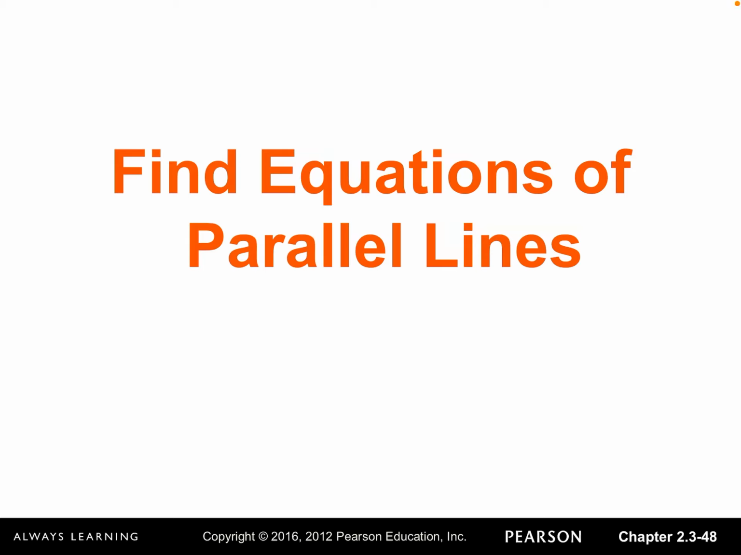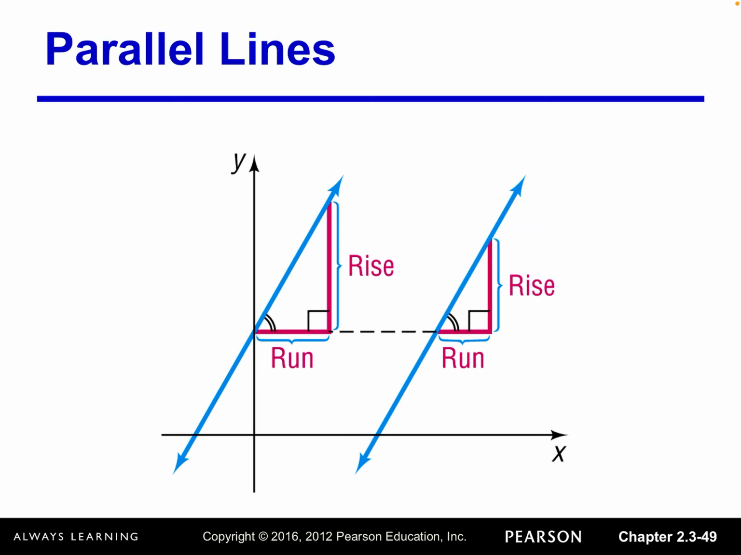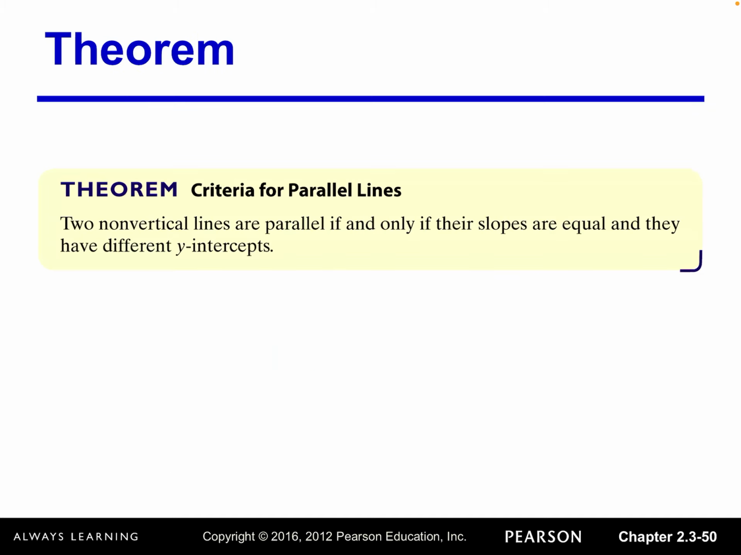All right, the next topic, let's look at how to find the equation of parallel lines. So this is the graph of two parallel lines. You can see parallel lines have the property of the same slope, right? And the two lines are different lines. So here is the theorem